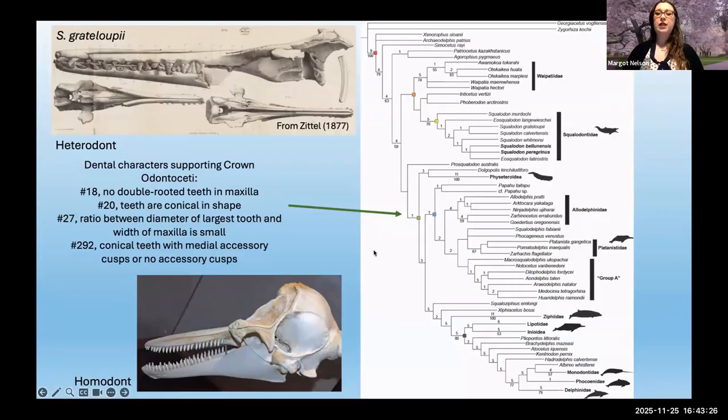Probably the thing that intrigued me the most is that when Squalodon was first described in the 1800s, it was really seen as this missing link from the ancestral whales like Basilosaurus to modern dolphins. Then, starting in the 1990s, there was a huge blossoming of research that showed there are actually many different types of toothed whales that have an advanced degree of telescoping but are still heterodont. So all of these guys fit into that group.